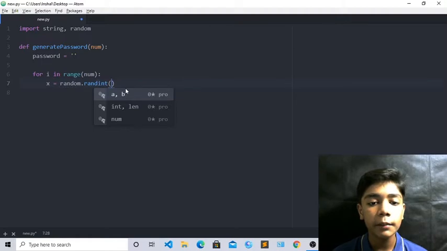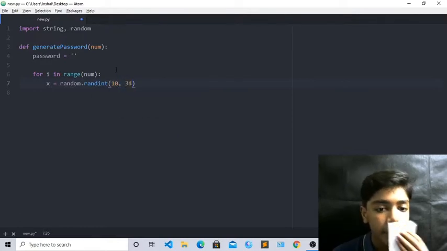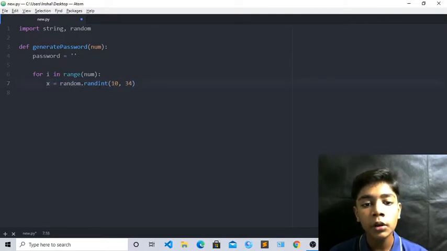I have written two numbers, 10 and 34, okay. Just write here 10, 34, okay. Now you can see we have written 10 and 34, because x equal to random dot random, which is 10 comma 34, because we are defining both numbers here. You can define any numbers you want, but we are defining two numbers here, okay.